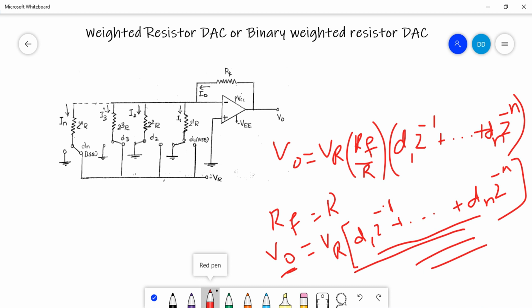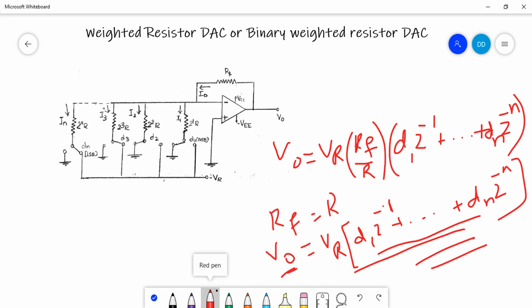It is not practicable to fabricate very large values of resistor in the IC, and the voltage drop across such a large resistor will also be very high. Therefore, it affects the accuracy and it also causes the loading effect. The finite resistance of the switches disturbs the binary weighted relationship, where the current setting resistances are smaller. For this reason, we go for R to 2R type converters.